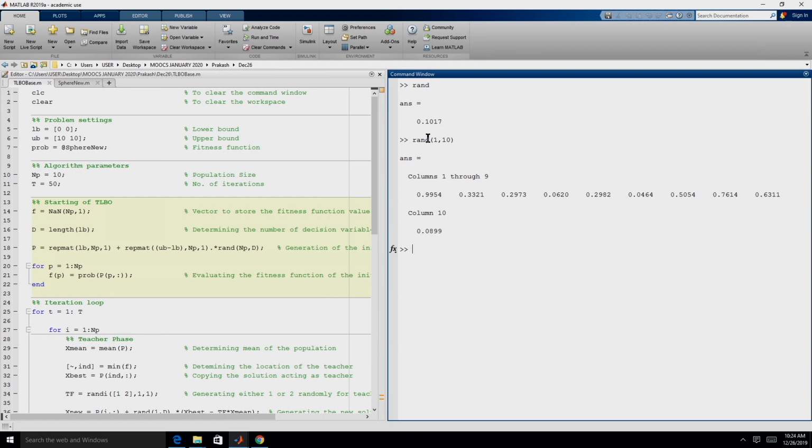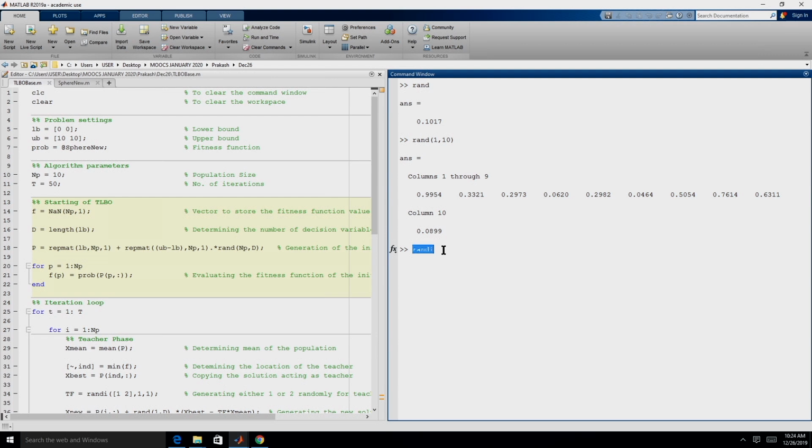Another function that we will be using is randi. Remember that for selecting the teaching factor, the teaching factor has to be either 1 or 2, randomly selected. We can either use the rand function to generate a random integer, or we can directly use the randi function.